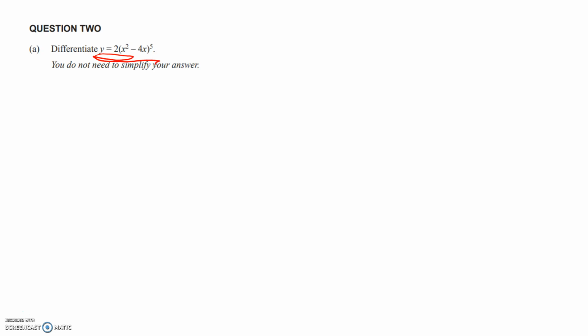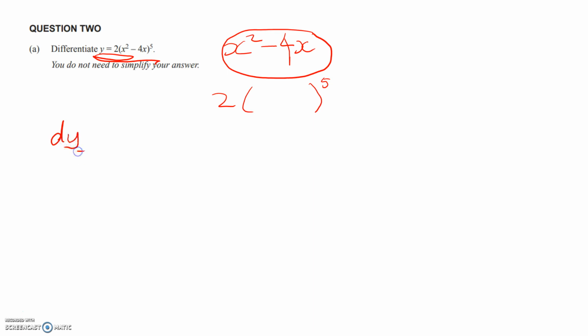So my inside function is x squared minus 4x. I'm going to need to differentiate that. And my outside function is 2 times something to the power of 5. Okay, so let's get started. It's going to go like this. dy by dx will equal 2 times 5, so 10, x squared minus 4x to the power of 4 times